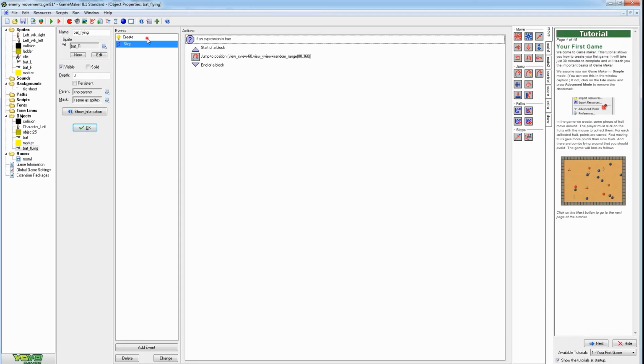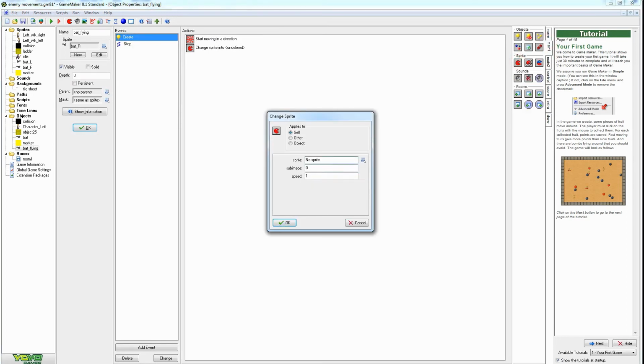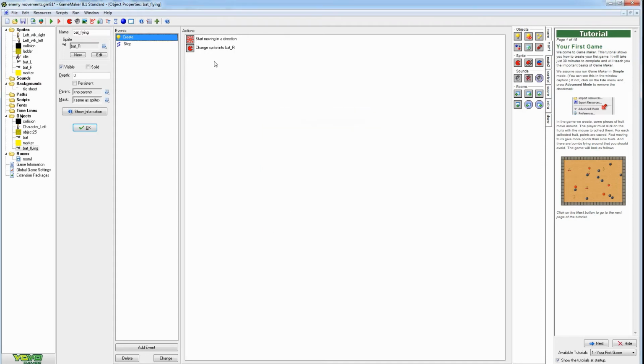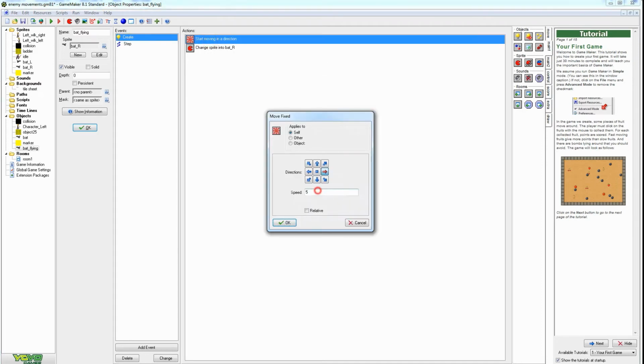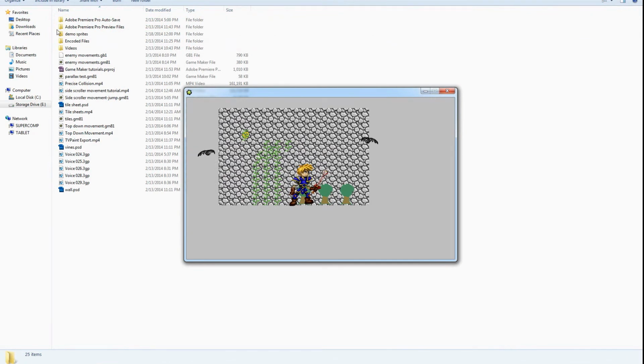Let's try that. So on creation, let's also fix his sprite speed. Change sprite to right, image index speed of 0.25. So that's going to fix the sprite motion. And let's change that to like 12, so it'll be a really fast bat. And press play. So this bat will fly really fast, giving us the option to see where he's going